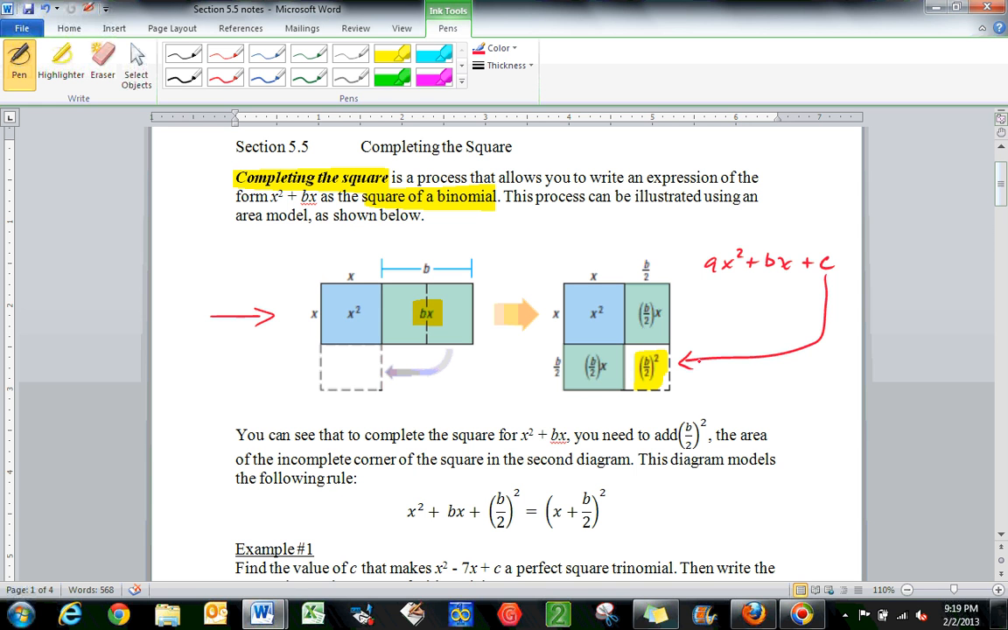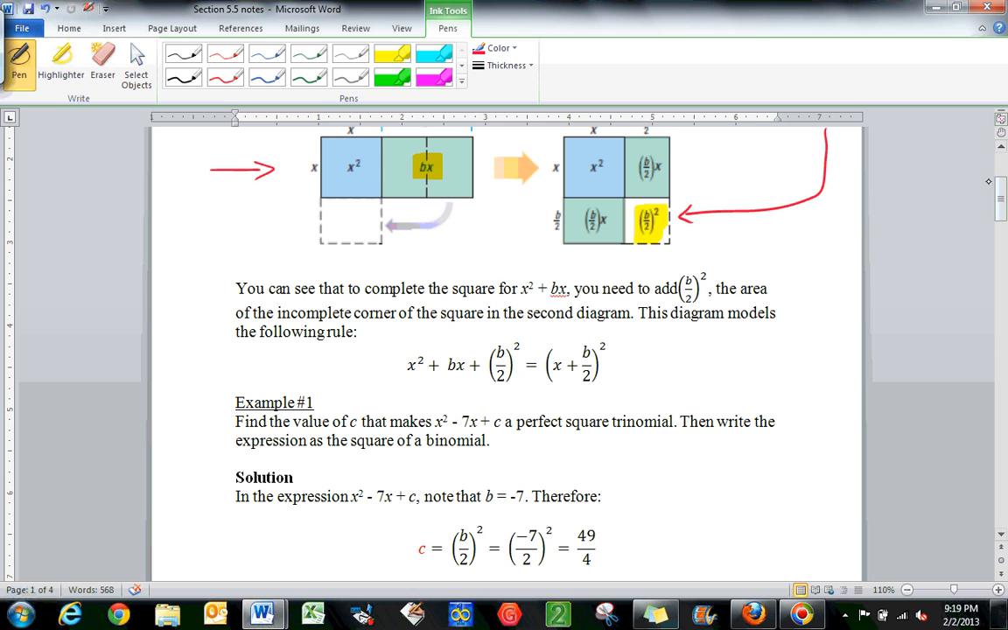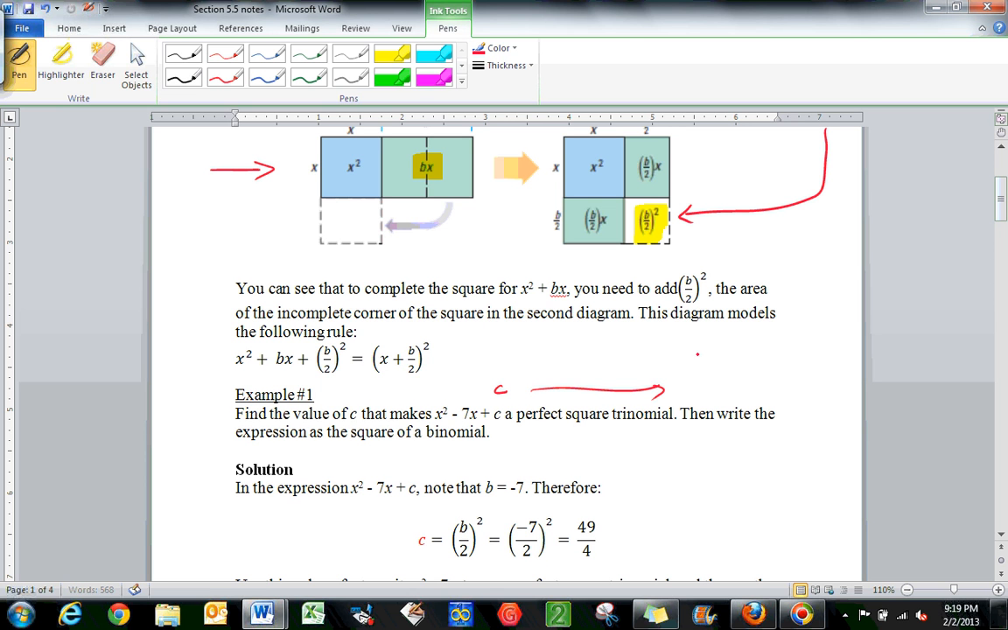So let's take a look at how that works mathematically. If that last remaining piece represents C, you can see here that the C value, which goes right there, can also basically be represented like this. C equals (B over 2) squared, which was this value right here. So what we want to do in this case is find a value for C, because as you can see